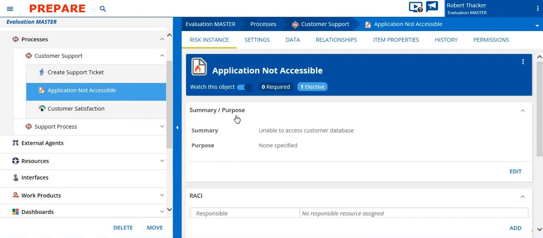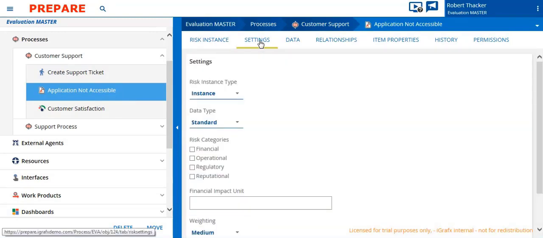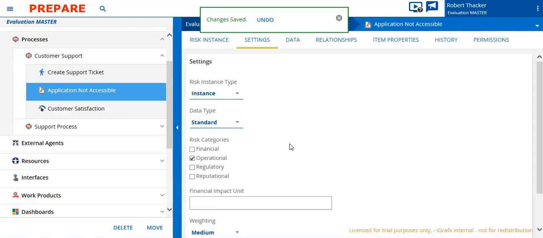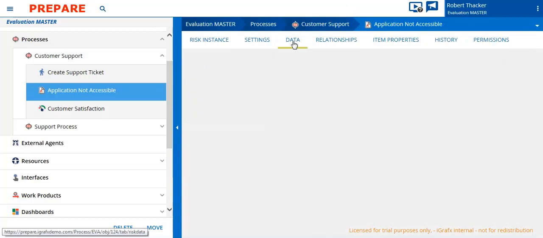Now with our risk created, the next thing we're going to want to do is go over to our settings area. Here we can of course see that it is an instance, and we can decide the type that it's going to be. Is it going to be a standard impact and likelihood, or would we prefer to import or use a specific value? For our example, again, we'll use a standard impact and likelihood analysis. We can also choose the category. Is it financial, operational, regulatory requirement,